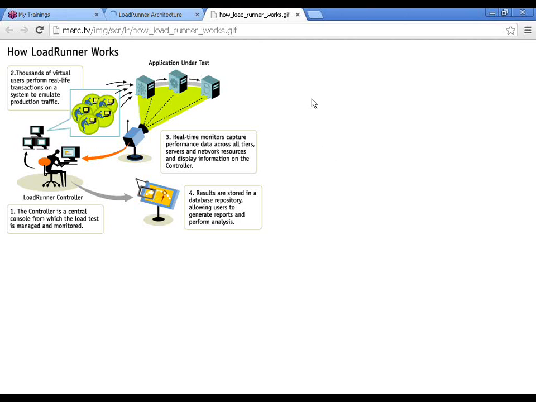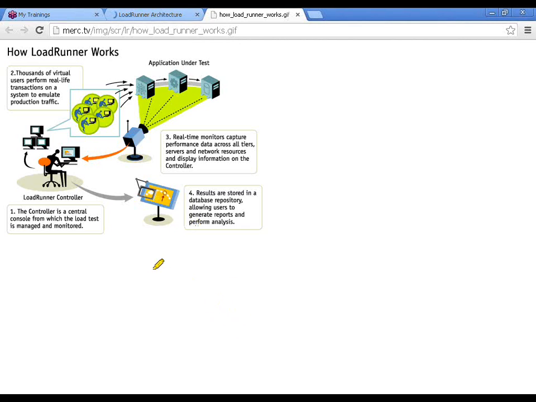I don't know who posted this, but most trainers use it because it is the best diagram to explain how LoadRunner works. If you go for another picture, you're probably deriving it from this. So let's quickly try to understand how LoadRunner works.